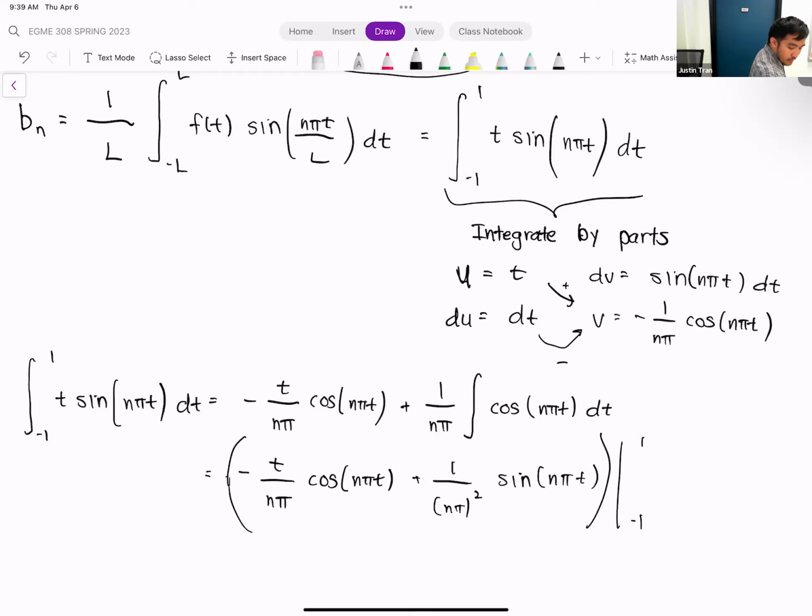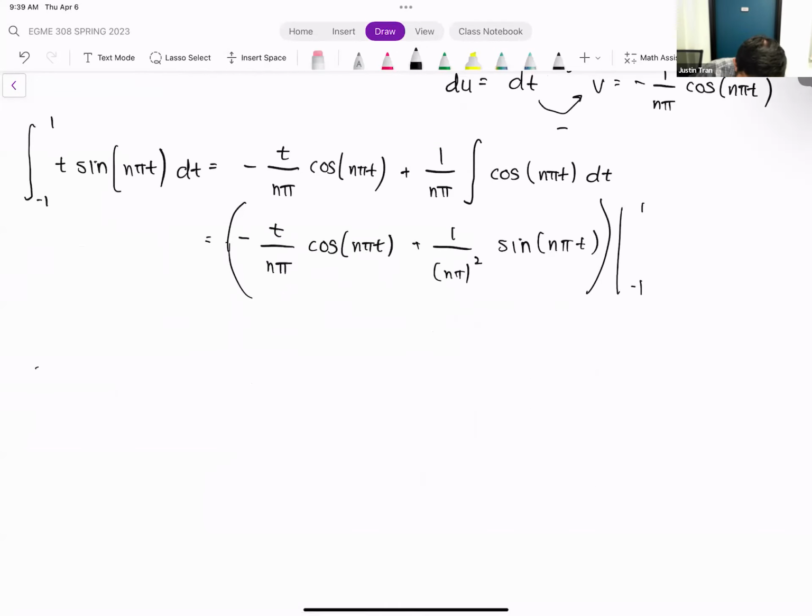All right. So let's go ahead and plug in for t. Remember, t is our integration variable. So when we're plugging in for the integration bounds, we're plugging in for t. Let's plug in for 1 first, and that gives us